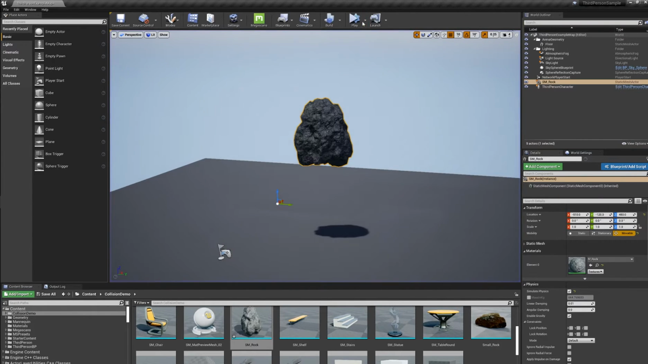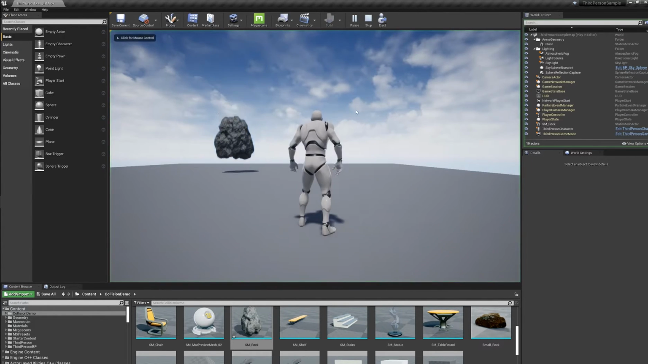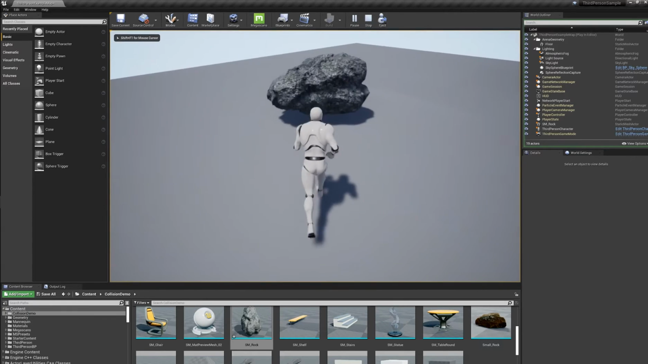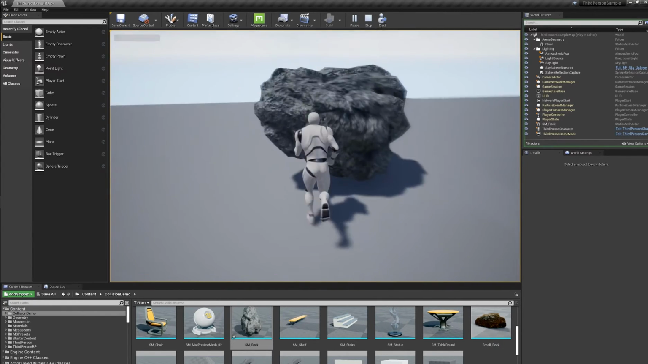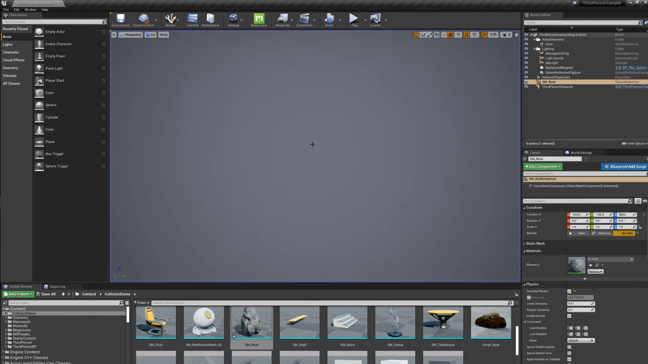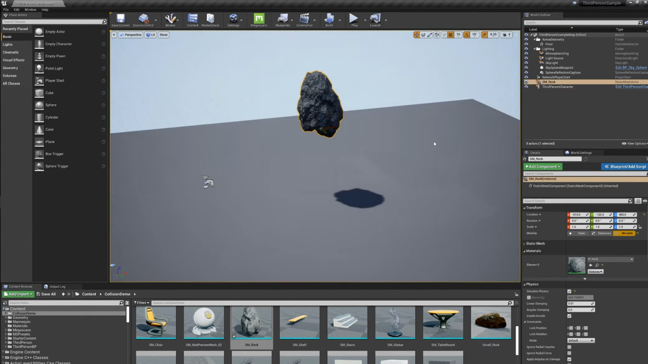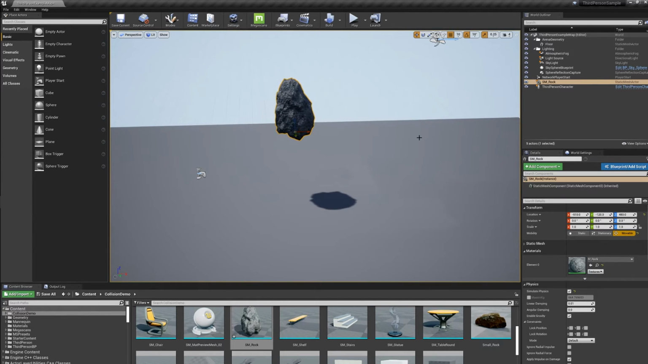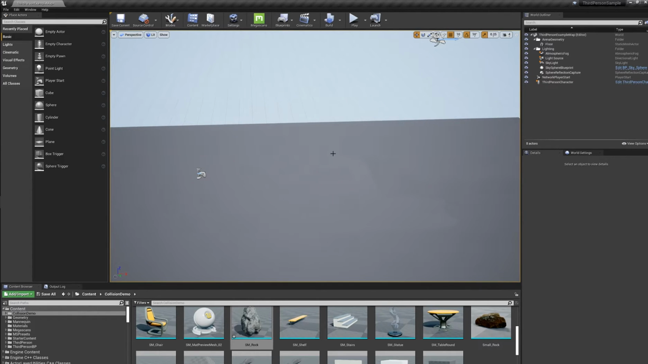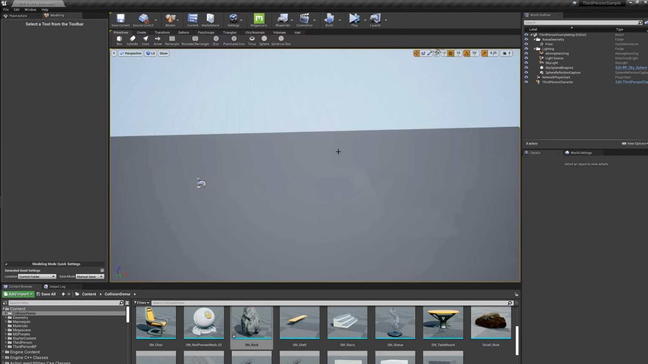And I think it might even be small enough that I can push it around. Yeah, I can push it with my character. So that's very fast, right? Just to make your assets interactable and editable by physics. Okay, so the next tool in there, unfortunately when you hit play, it switches modes out of modeling mode,